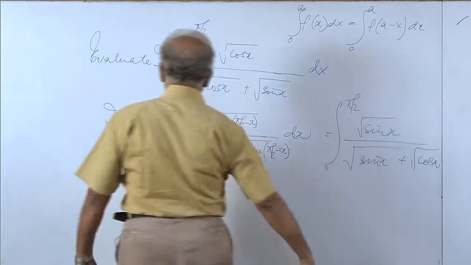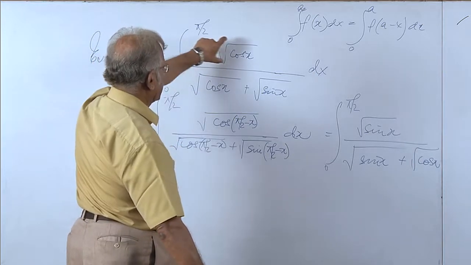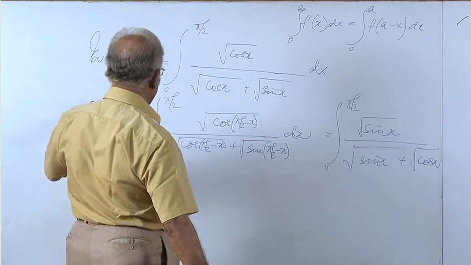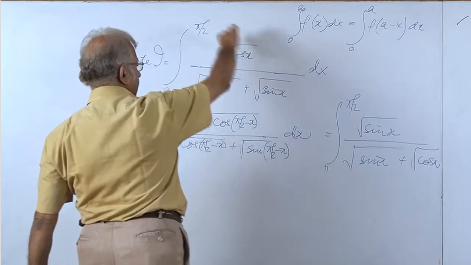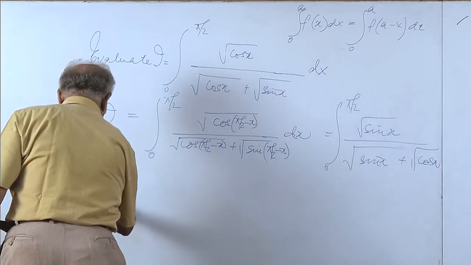So, if we reckon that I is root cos x over the denominator, and the same I is root sin x over the same denominator, we can add the two integrals on the right hand side and write that we now have